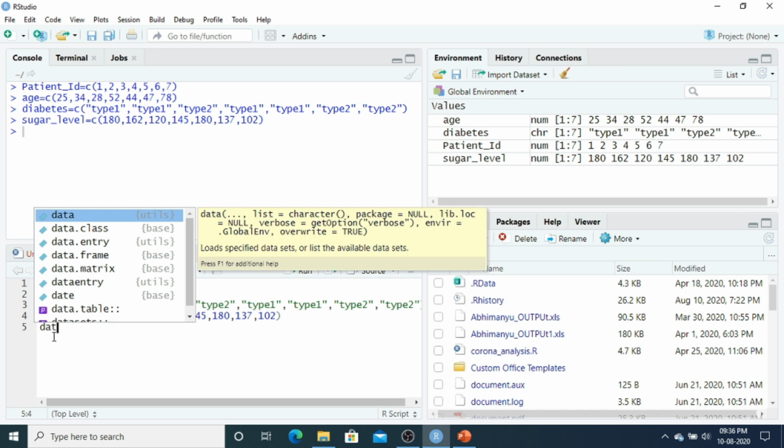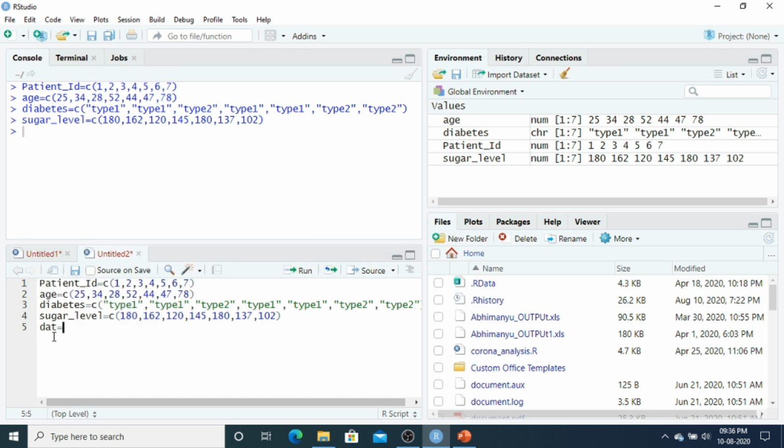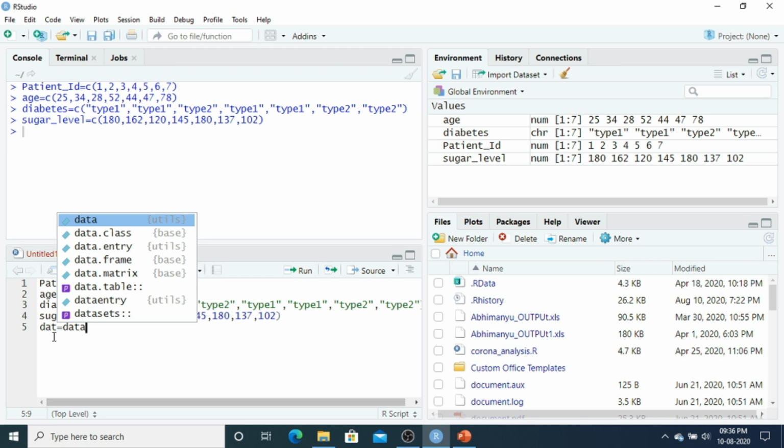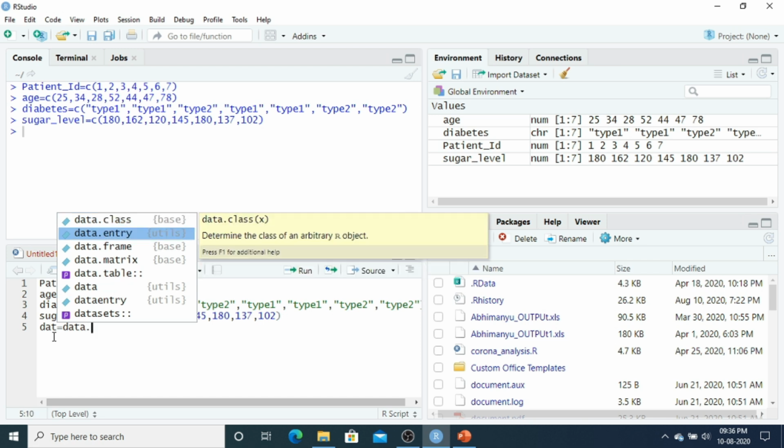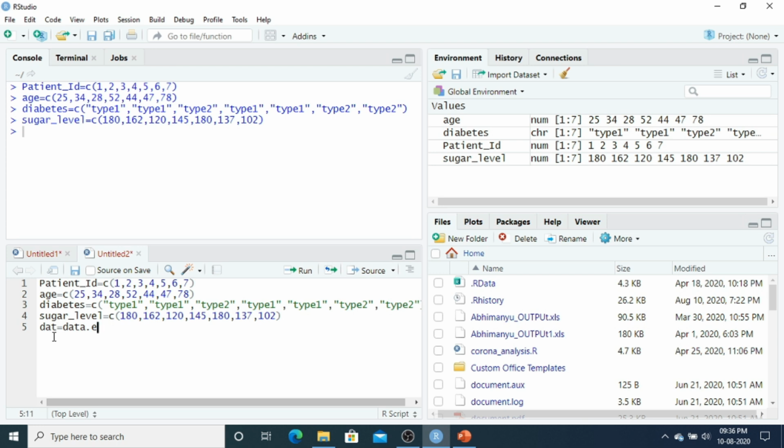My data frame is created as data dot frame, with patient ID, comma, age, comma, diabetes, comma, sugar level.